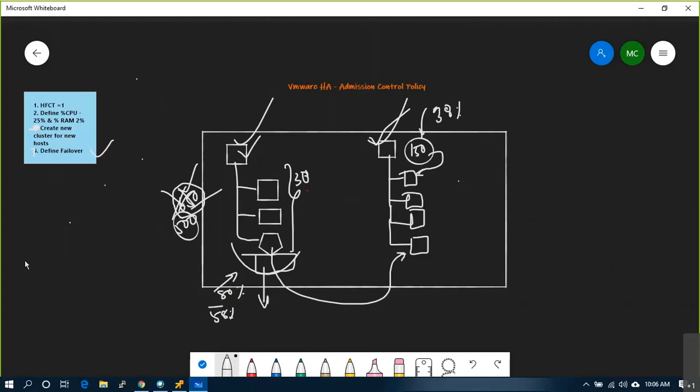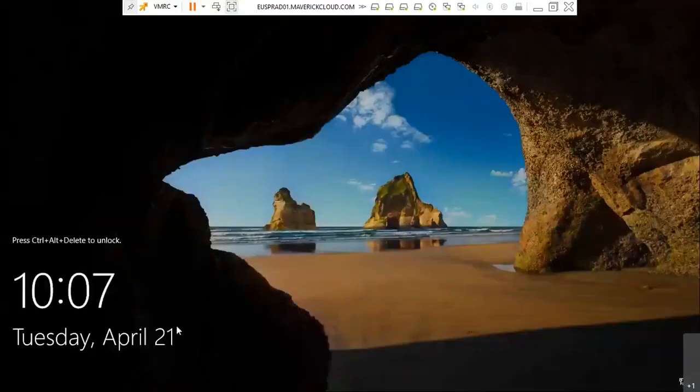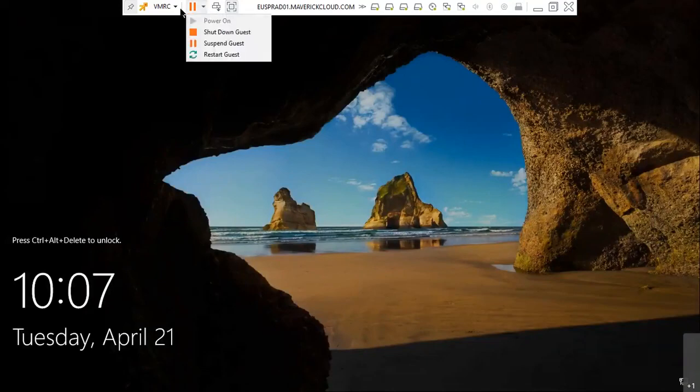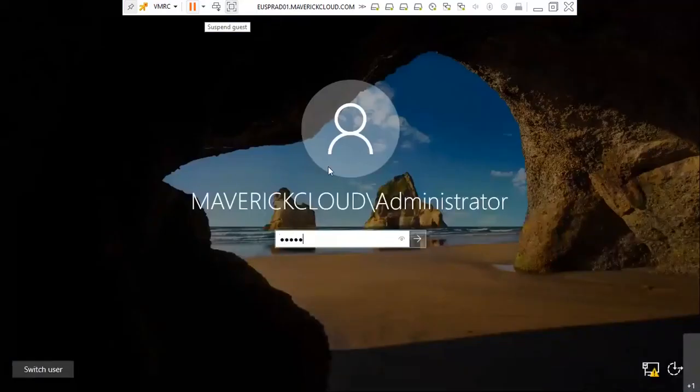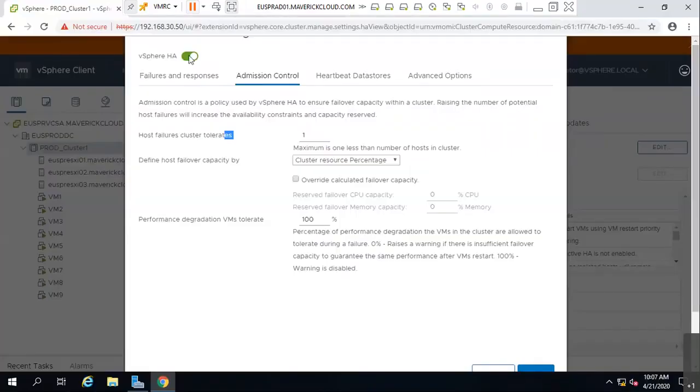I want to define HA and I want to define an admission control policy. If I go to admission control policy, there are a few things here, right? One is host failure cluster tolerance. Another one is define host failover capacity by overriding the calculation, 25%, 25%.